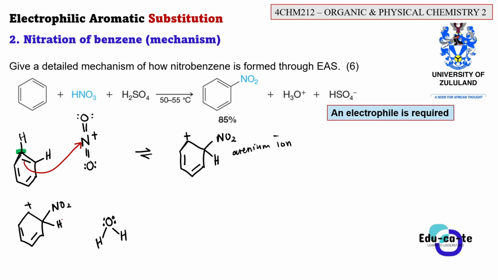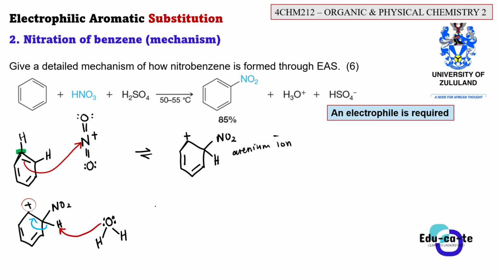All right, so now what will happen? This H2O will see that this arenium ion is positively charged, so it will attempt to take away a proton from this arenium ion, so that this arenium ion will remove this positive charge. Okay, we don't want this positive charge on the benzene ring. But if you take a look here, this hydrogen that is being taken away is already bonded to this carbon. So what will happen to the bond between this carbon and this hydrogen? Because each bond, remember, consists of 2 electrons. So where will those electrons go? Those electrons between that bond, they will move from the bond and form a double bond once again there, so that they can remove that positive formal charge.